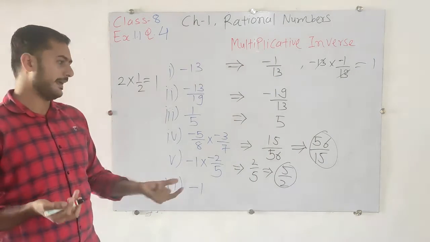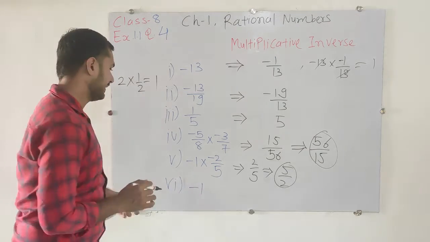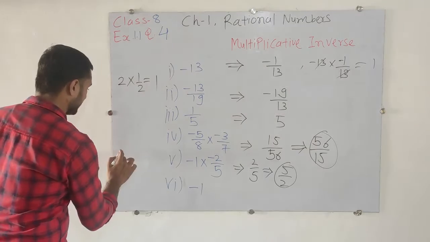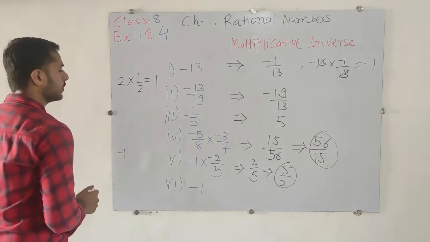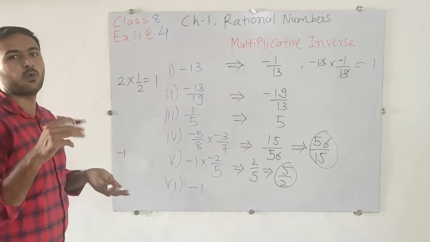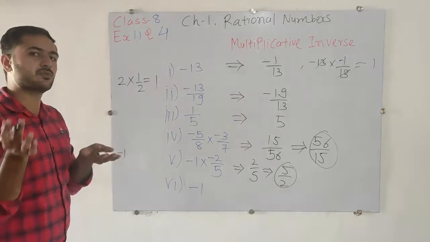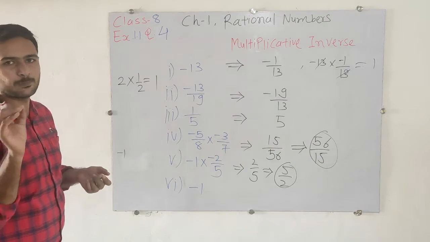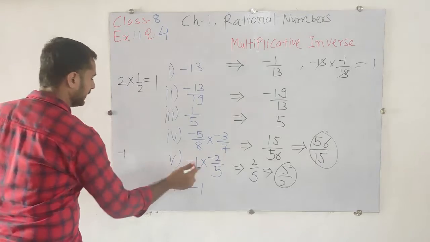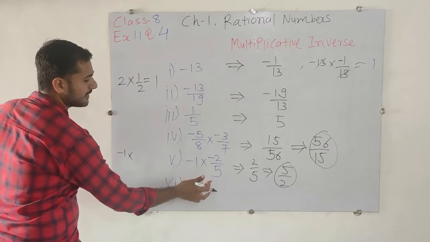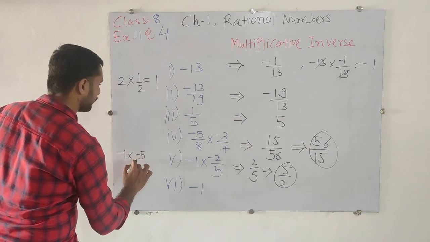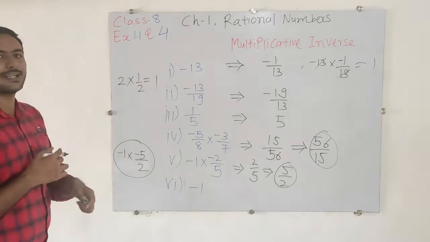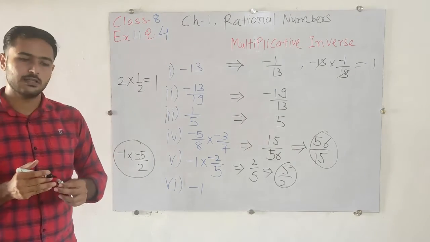Now in another way, we can write the same thing like this also. Here is minus 1, so write down the multiplicative inverse of minus 1, that is minus 1 only, because the inverse of 1 is 1 only, as well as the multiplicative inverse of minus 1 is minus 1 only. Reciprocal of 1 is always 1. And here, multiplied by minus 2 by 5, I am just going to write minus 5 by 2. Okay. So this is also the multiplicative inverse of the given problem.